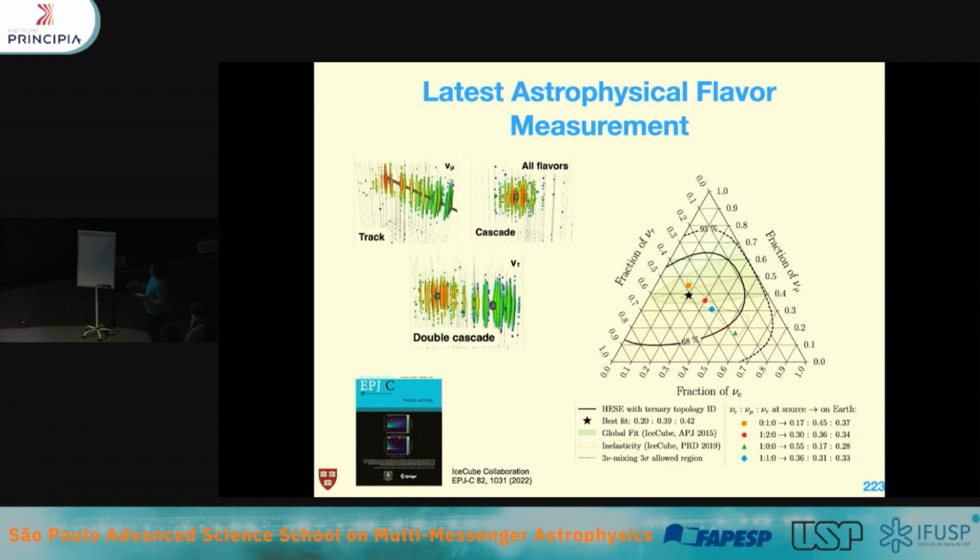The butterfly shows you the standard model prediction for essentially any combination of scenarios with different benchmark points highlighted. And then our most likely solution is this one here. Very close to the standard solution, with the 68 and 95% contours shown here. So these contours are a little sad because most of the triangle is allowed in these measurements. We disfavor essentially 100% electron neutrinos, and 100% mu neutrinos are ruled out.